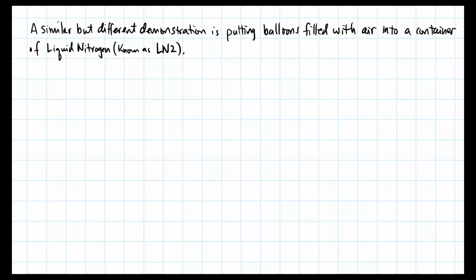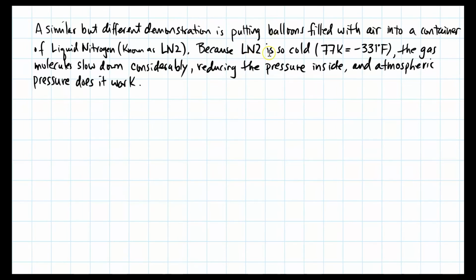A similar but different demonstration is putting balloons filled with air into a container of liquid nitrogen. This is known as LN2. Because LN2 is so cold, its liquid temperature is 77 K, which is the same as negative 331 degrees Fahrenheit. The gas molecules slow down considerably, reducing the pressure inside, and then atmospheric pressure does its work in collapsing the